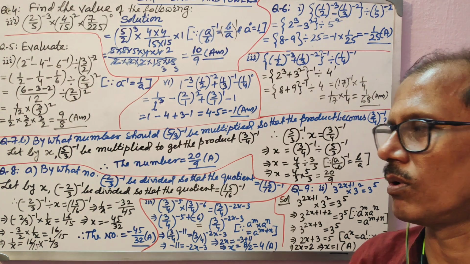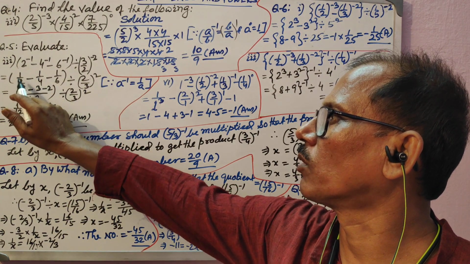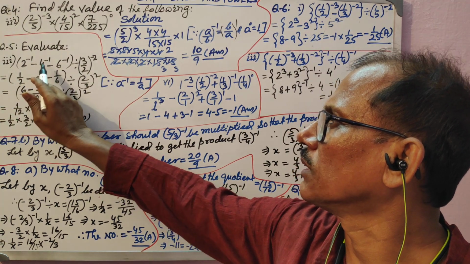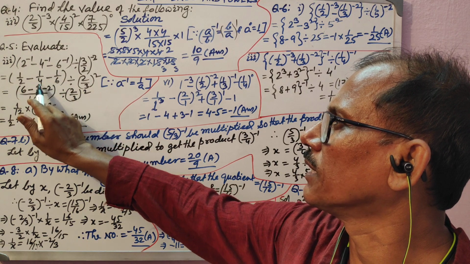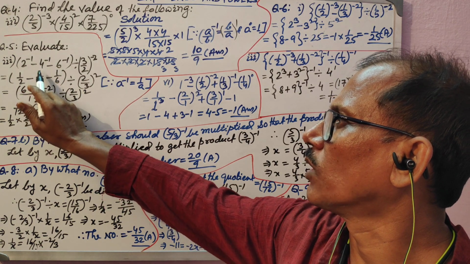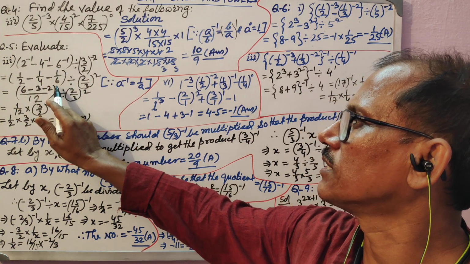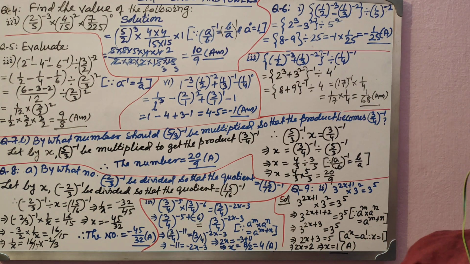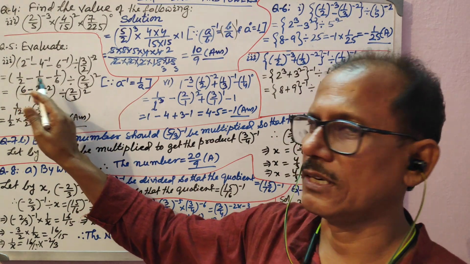A means a to the power 1. That is why half means half to the power 1. So it will be half only, because the power is negative. You made it positive. Here the power is negative, made positive by making that base reciprocal. So 1 by 4. 6 will be 1 by 6. 6 reciprocal is 1 by 6. 2 reciprocal is 1 by 2, 4 reciprocal is 1 by 4, that you all know.